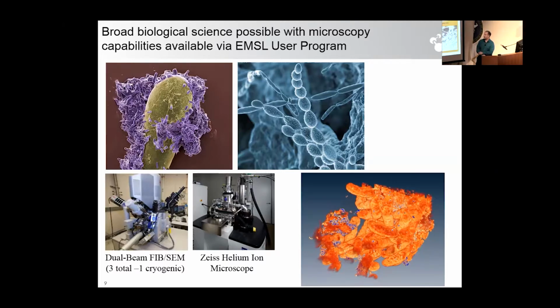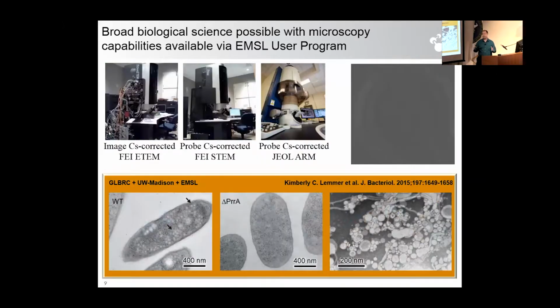Taking in the next level of view, going into what's happening inside the cell, we can do electron tomography to actually be able to visualize the entire 3D structure within the cell. And we can also compare individual different mutants of different organisms in order to understand the effect of knocking out specific enzymes or genes within the organism